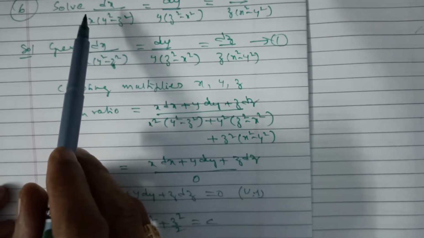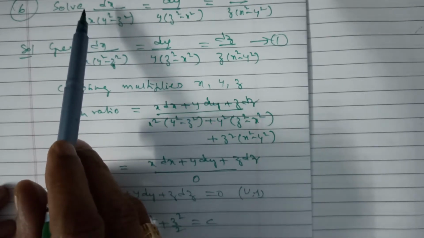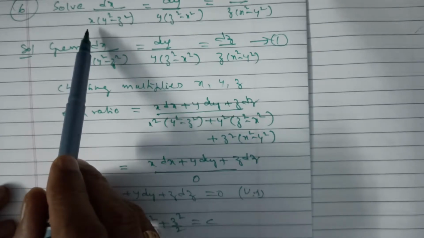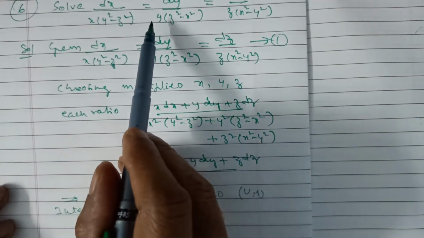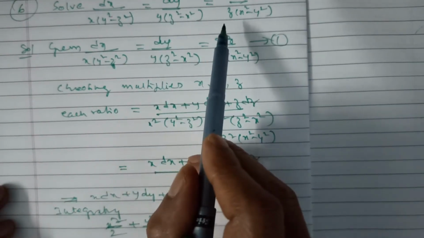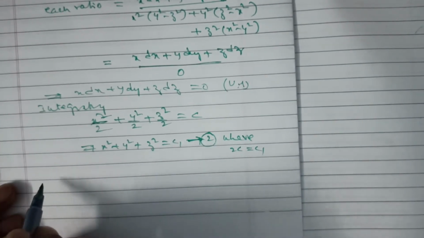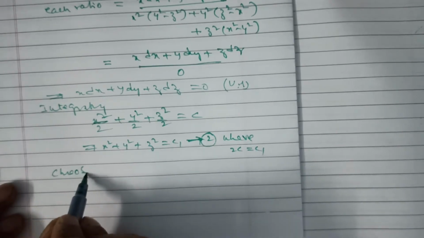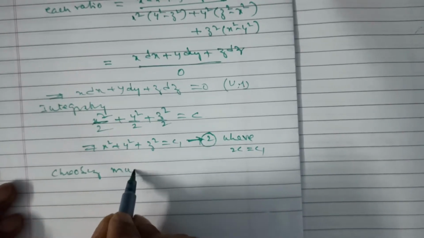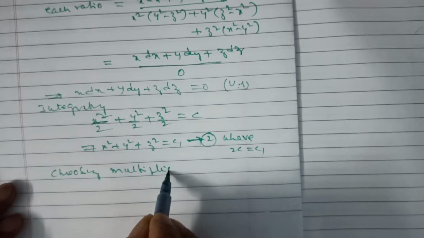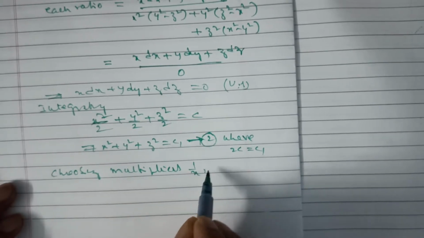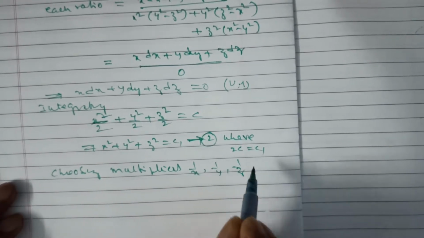Dividing by x, that is, multiplying with 1 by x. Here also 1 by x, so it is cancelled. Here also 1 by y into y is cancelled, and 1 by z into z is cancelled. Like that I can make it. So choosing multipliers 1 by x, 1 by y, 1 by z,